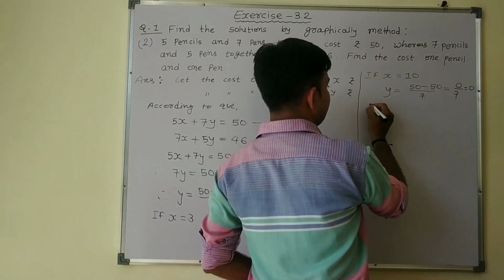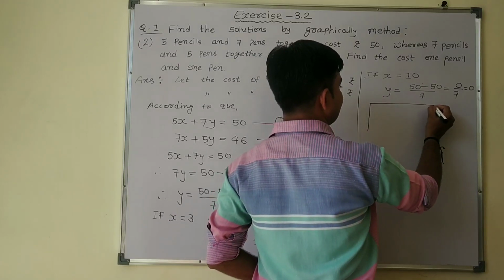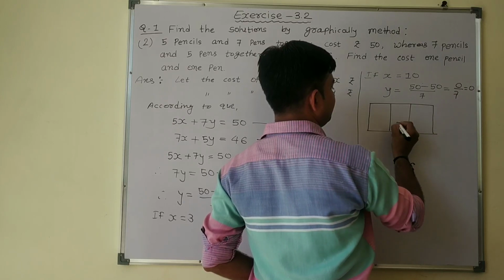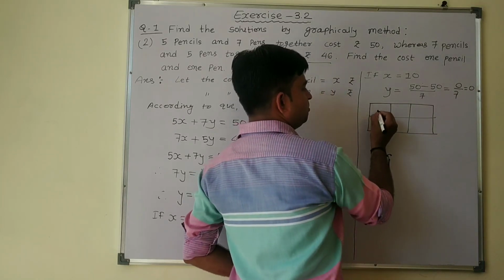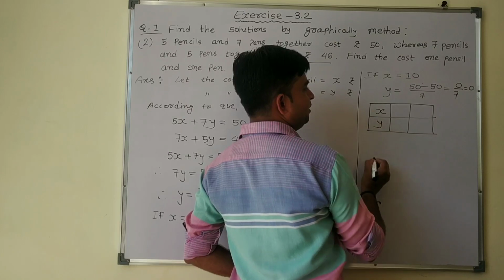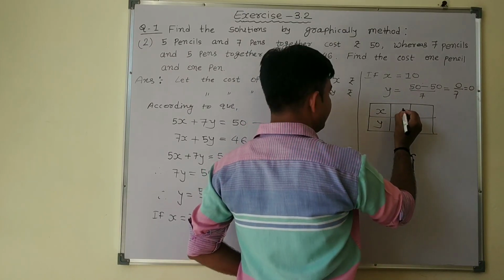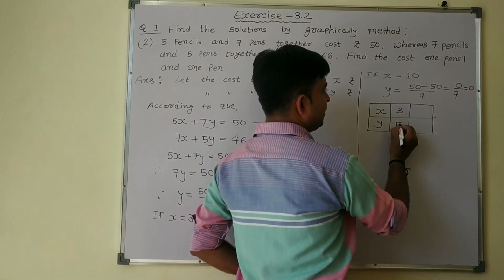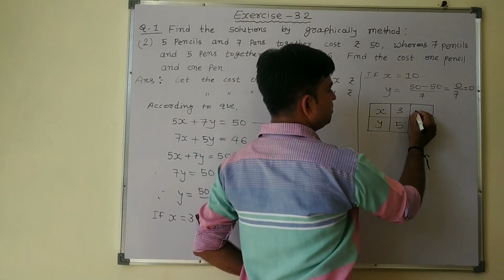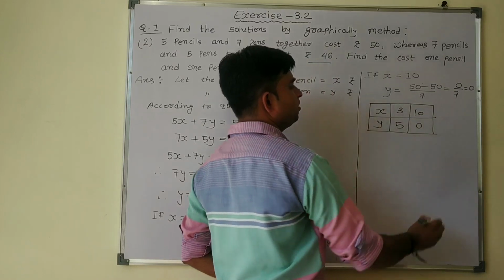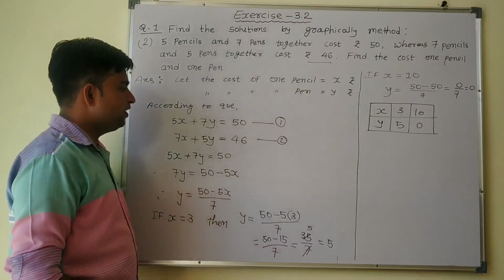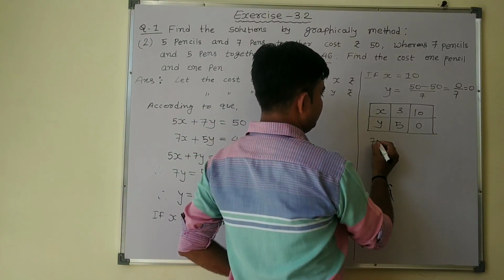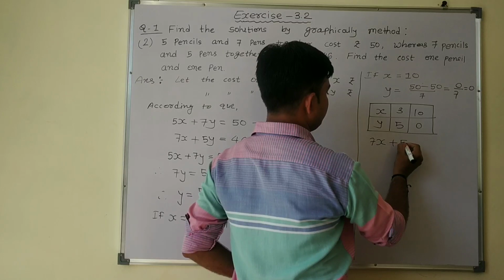So solution table, हमारे पास सॉल्यूशन टेबल इस तरह से बन जाएगा. If x equal to 3, then y is equal to 5. If x equal to 10, then y is equal to 0. So this is the first solution table for the first equation. Now we take the second equation. For the second equation, it is 7x plus 5y